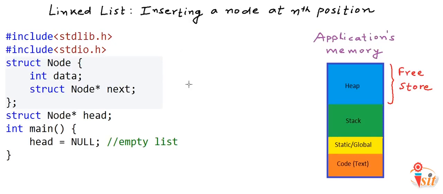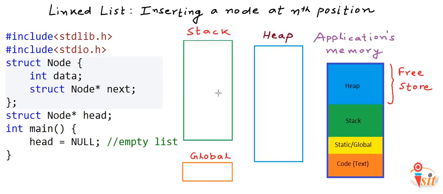The last section, that we call heap or free store, is not fixed, and we can request memory from the heap during runtime, and that's what we do when we use malloc or new operator. Now I have drawn these three sections of the memory: stack, heap, and the section to store the global variables. In our program we have declared a global variable named head, which is pointer to node, so it will go and sit here, and this variable is like anyone can access it. Initially value here is null.